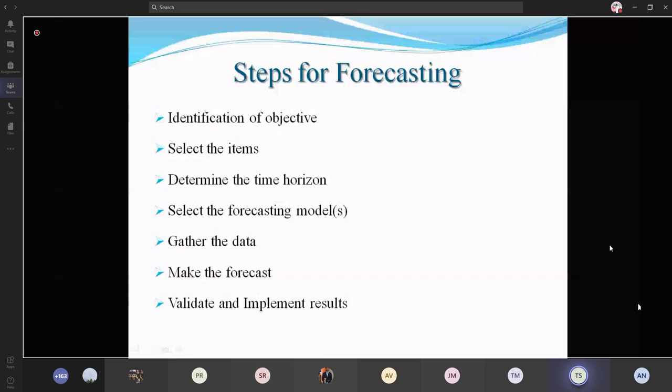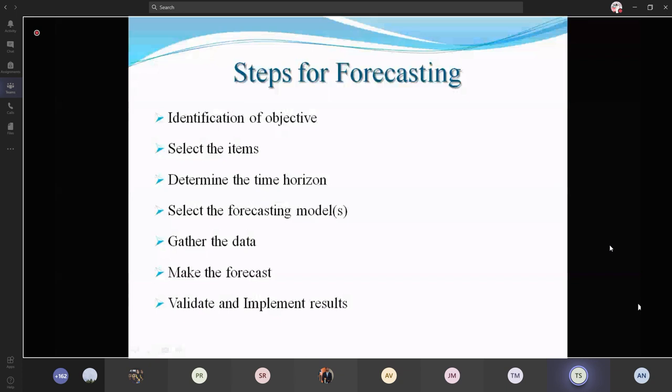So demand forecasting differs from organization to organization, and it also depends on the purpose of forecasting, why they are going to do this, and the time frame, that may be long or short. All those things take place, and also the requirement of the data and its availability. The availability of data also has an important place.